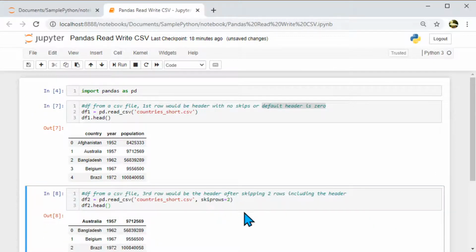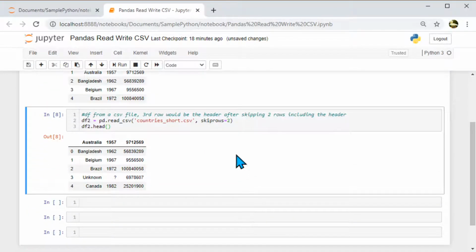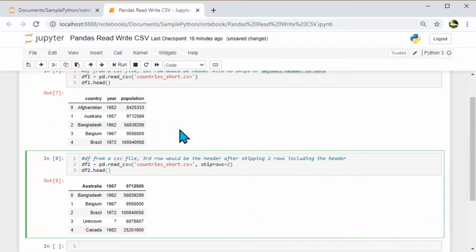So if you see here, I added a parameter called skiprows=2, and when I do that, the top 2 rows, which contain the country and the country Afghanistan, got skipped, and it assumed the row after that is the header, and it's displaying Australia and its information in the header instead of country, year and population.